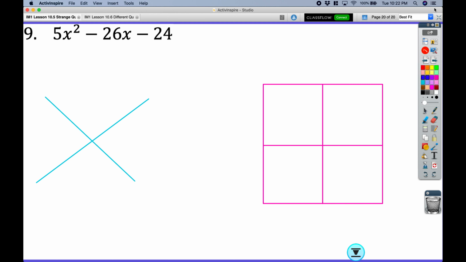I am looking for values. This one's going to be tricky. We're going to have -24 times 5, which would be -120, and adds to -26. So I know multiplying numbers are going to give me a negative, so I know the small one's going to be positive, and the big one is going to be negative, because when I add them together, I get -26. Okay, so I know this is going to be 1 and -120, 2 and -60, 3 and -40,